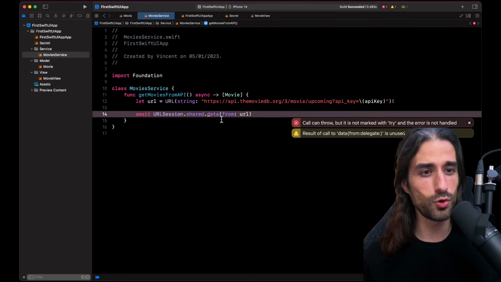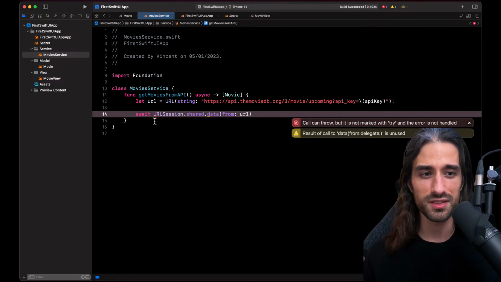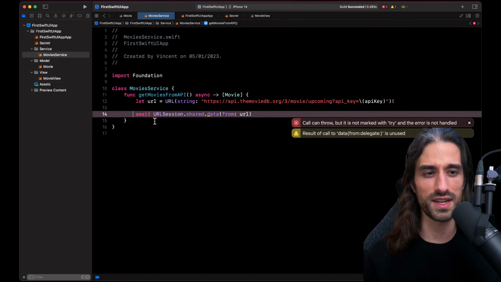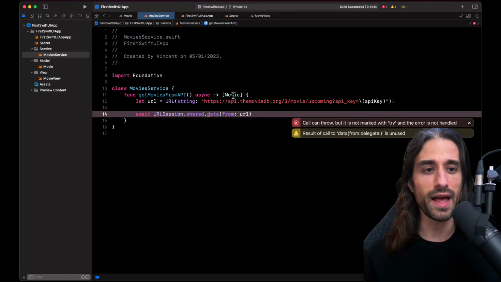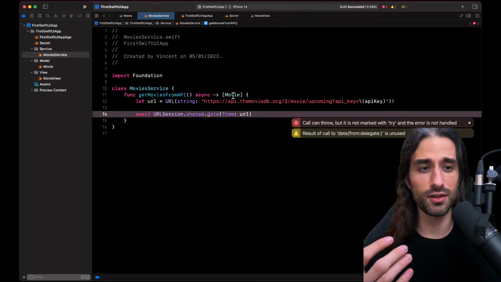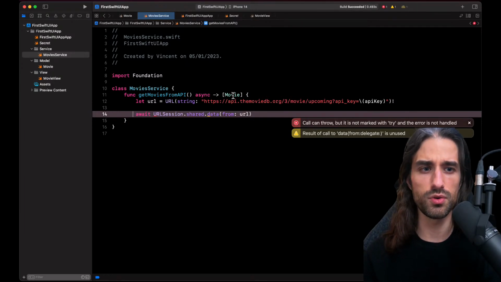So there is two ways to deal with an error in Swift, like in many languages. Either you deal with it at the call site, or you just send it up the chain of callers and you let someone else deal with it. Here, we're actually going to let someone else deal with it because we don't really know what to do when an error appears. I mean, if there is an error, best thing we could do here is return an empty array, but is it really the best thing to do? I don't think so. It's better to just let the error propagate up the call chain, and let another part of your code that is better suited deal with the error. In our case, it will be the view to display an error view when there is an error.